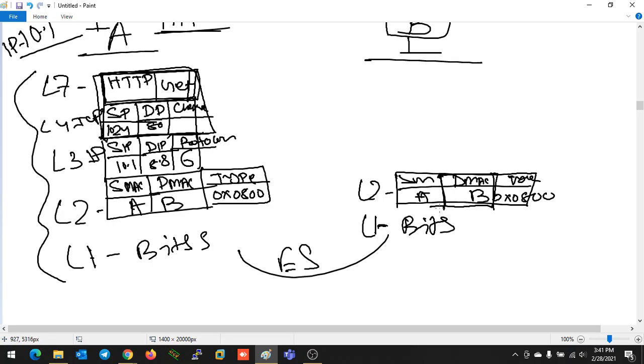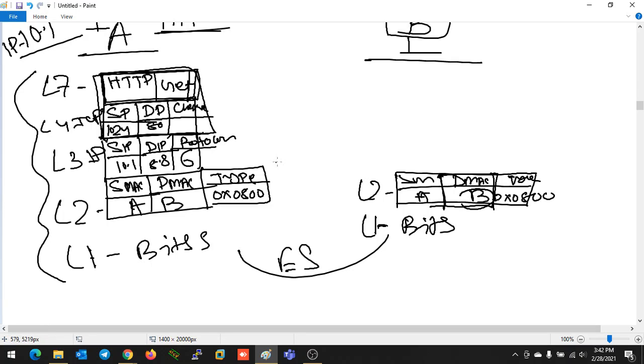Why is it checking the destination MAC field? It will check whether this frame is for me or not. Once it gets the destination MAC B, it knows that my MAC address is also B. That means this frame is for me.